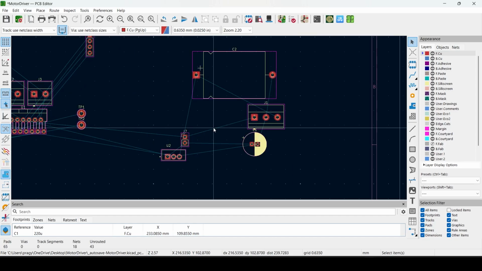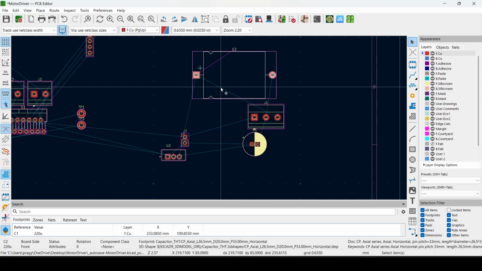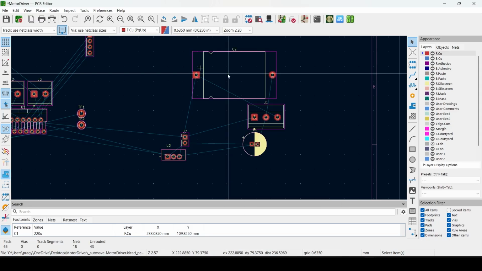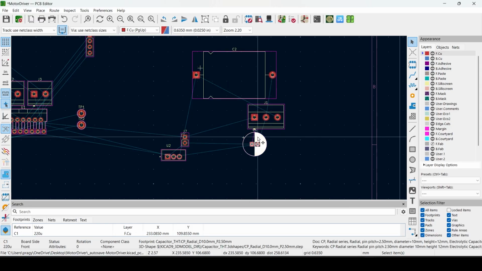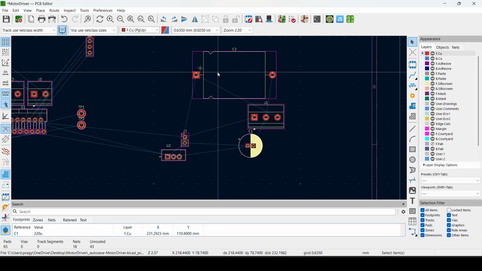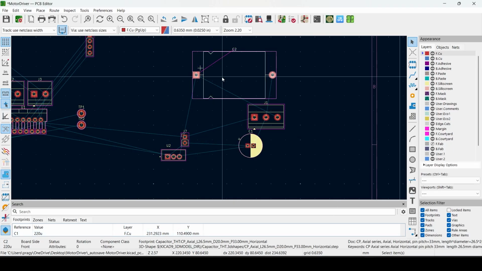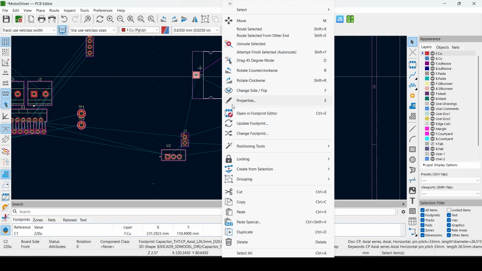Okay. I'm noticing one thing that this capacitor that I have placed is an axial one. See here the footprint assigned is an axial and it's lying horizontal. But since it is taking too much space, let's just change it to a vertical one like this one. So this is a radial one. Okay, so let's just quickly change it. And how do we change it? We can simply right click here and click on change footprint,